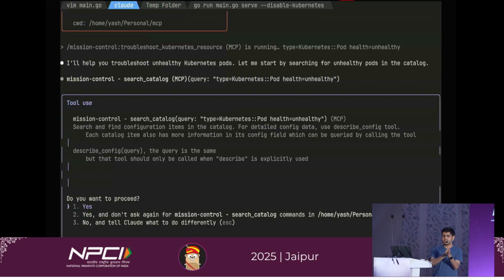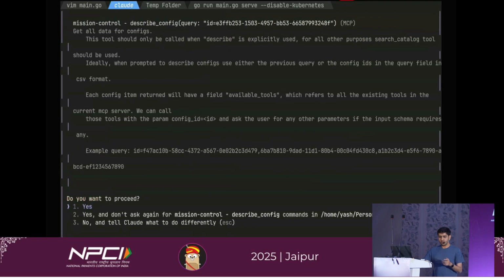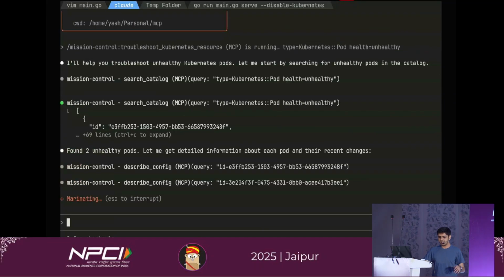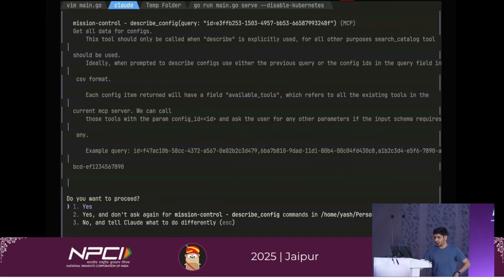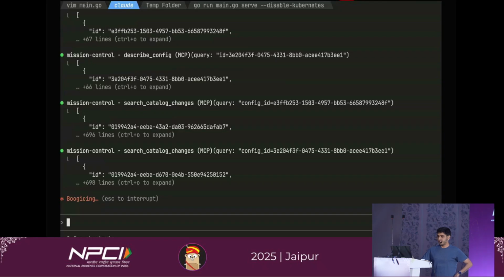So the MCP is first asking me, okay, I need to search your catalog first, what all items do you have? And then only I can get details about this. So I ask it, yeah, go ahead, run the search. Now it is searching. It found 2 unhealthy pods, as you could see, and it told us that there is some error. Then in our prompt, we have asked it to go deeper, ask for logs if you want, ask for all the change history, and then once you allow everything, it will think,